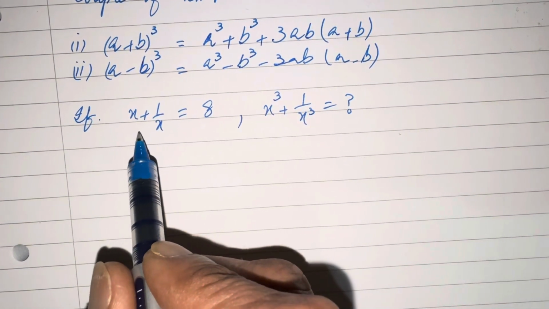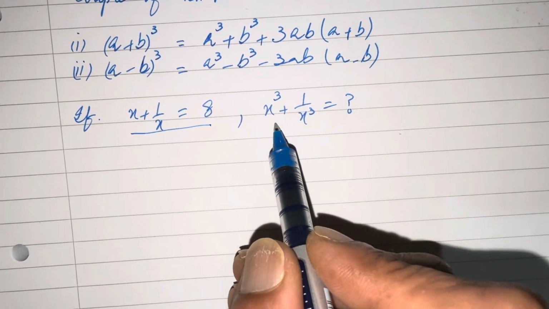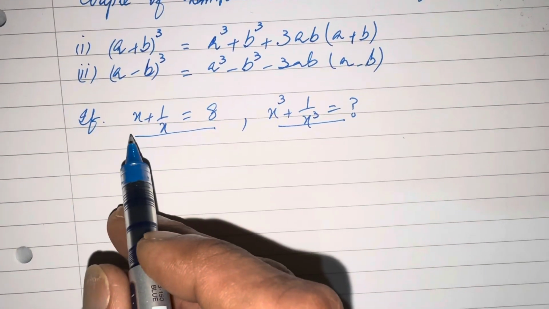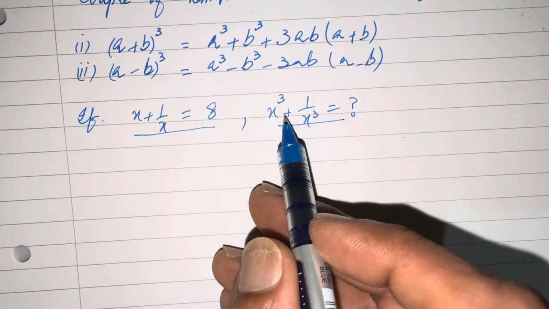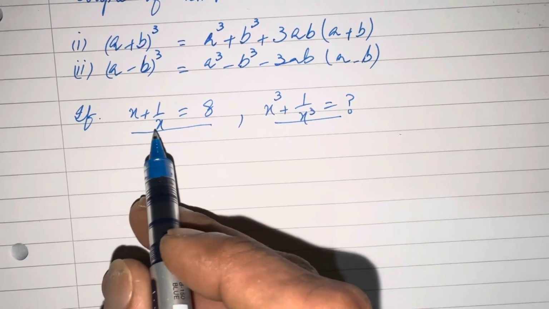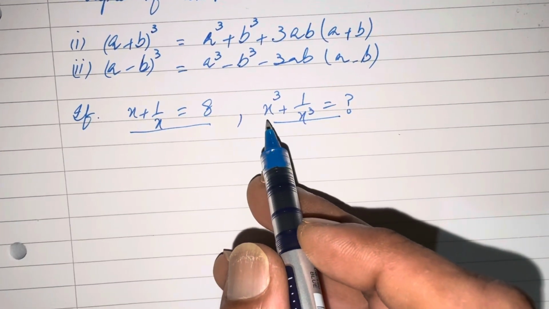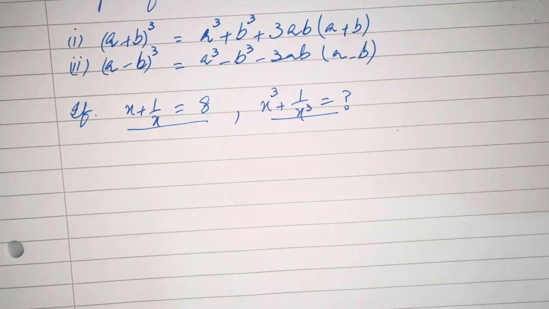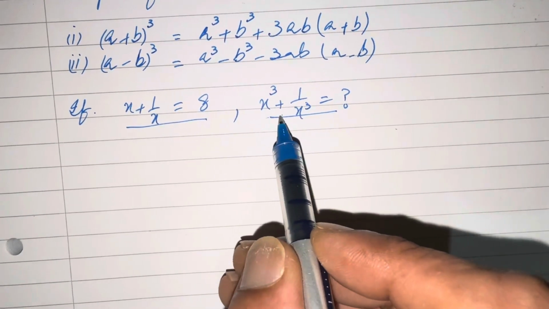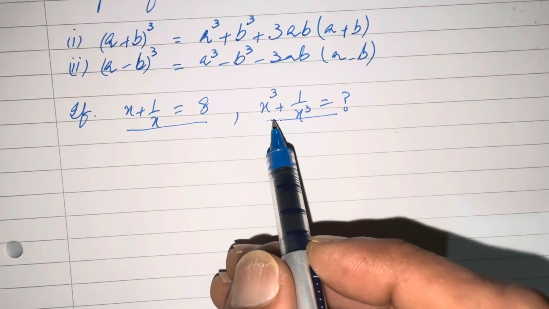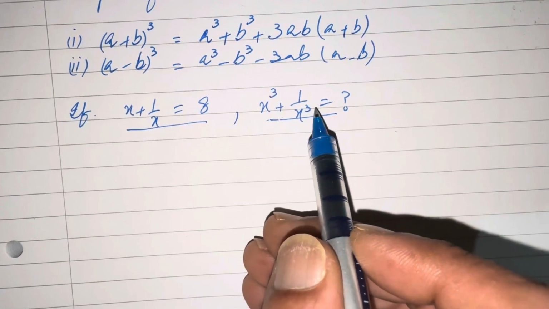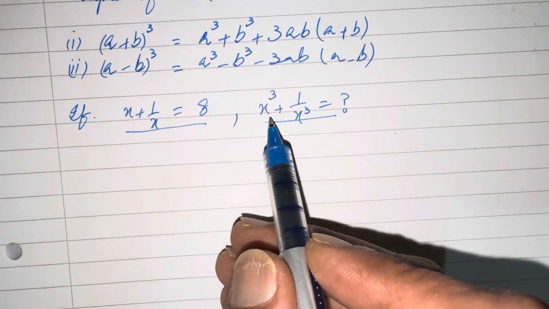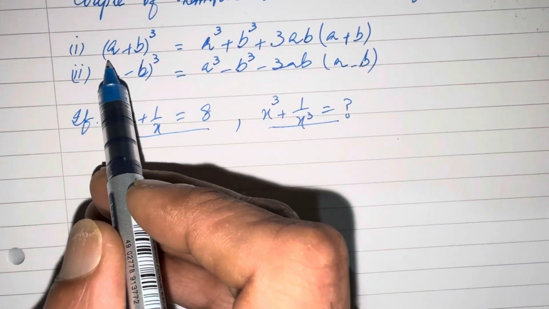By these two expressions given in the question, these are x plus 1 over x and x cube plus 1 over x cube. x plus 1 over x is given, and x cube plus 1 over x cube we have to find. तो क्या करेंगे, हमारे जहन में डायरेक्ट ये फार्मूला आना चाहिए कि जिसमें हमारे पास